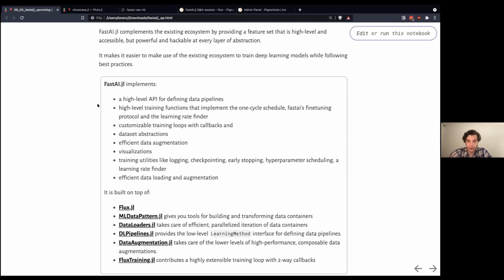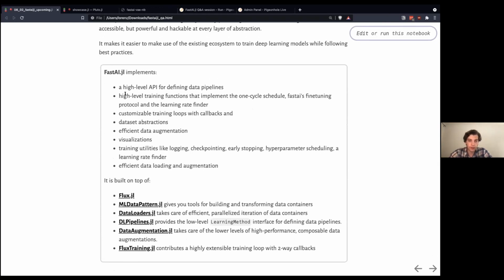And it really comes with quite a lot of features. You have a high-level API for defining data pipelines, the different training protocols that you can also find in FastAI, customizable training loops with a two-way callback system, abstractions for loading datasets, efficient computer vision data augmentation, visualizations, and then for training, logging, checkpointing, early stopping, a learning rate finder, everything you would want.